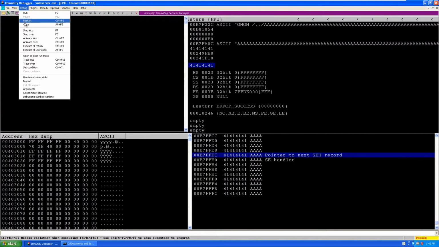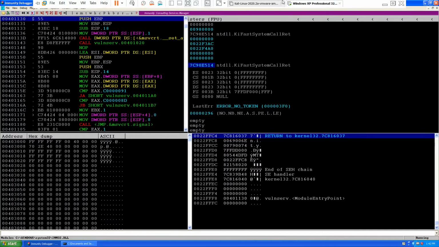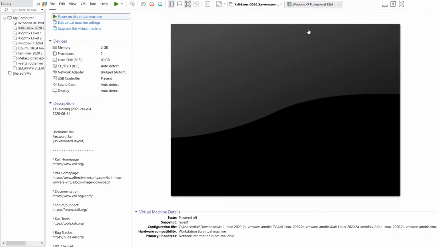So what we are going to do is restart this binary, and instead of 5000 A's we will send a 5000 unique pattern.